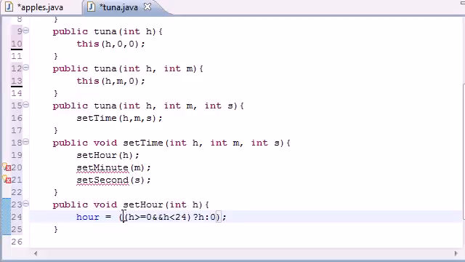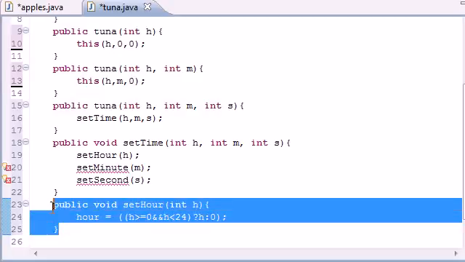So again, this is a conditional expression, pretty much the same as an if statement. What this is going to do is make sure the hour is greater than or equal to 0 and less than 24, and if it is, use it. If not, use 0. So now do the same thing for minute and second,